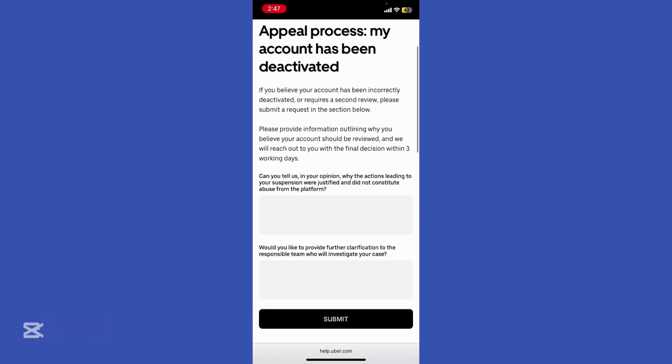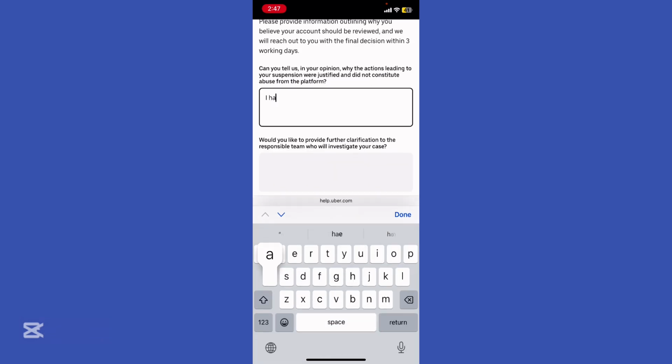Alright? And it says right here in the first blank, or the first question, can you tell us in your opinion why the actions leading to your suspension were justified and did not constitute abuse from the platform? And you're gonna just type something like this: I have